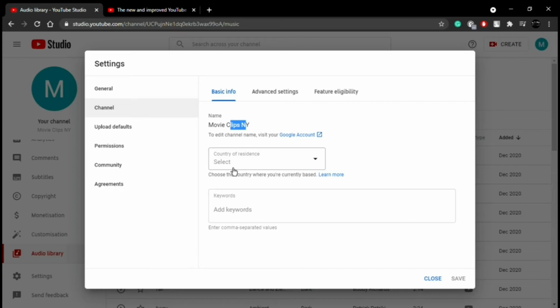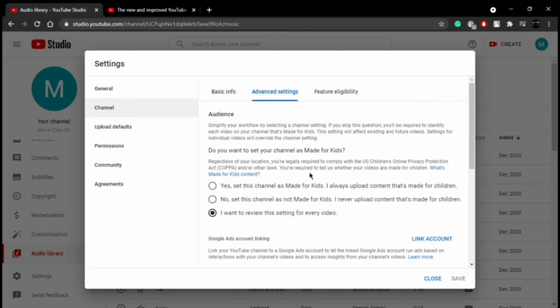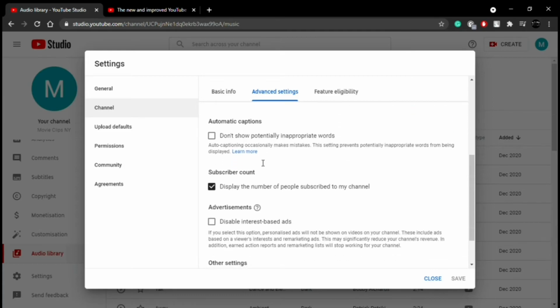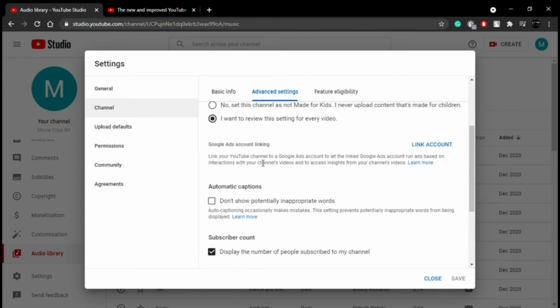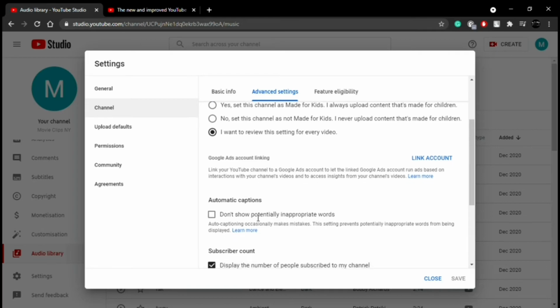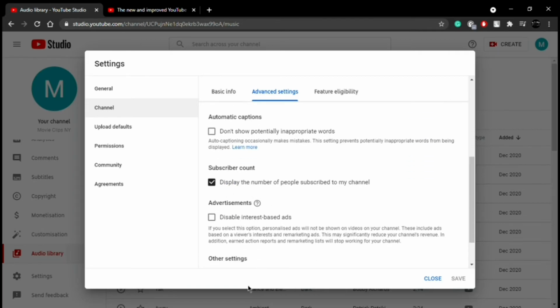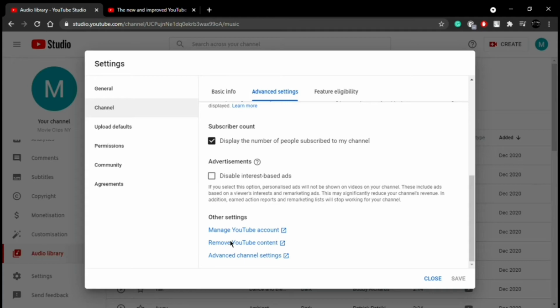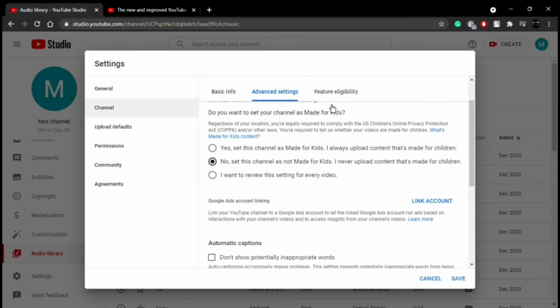And here in the channel section you can see the channel name. You can add the tags over here, and there is another option to choose your country, right? So you can choose a country from where you are uploading the videos, or where you are resident, and in the advanced setting you can add some things like automatic captions you want. And if people watching your videos are children, or kids or not kids, then also you can see that there is subscriber count. So if you want that, you can add it.